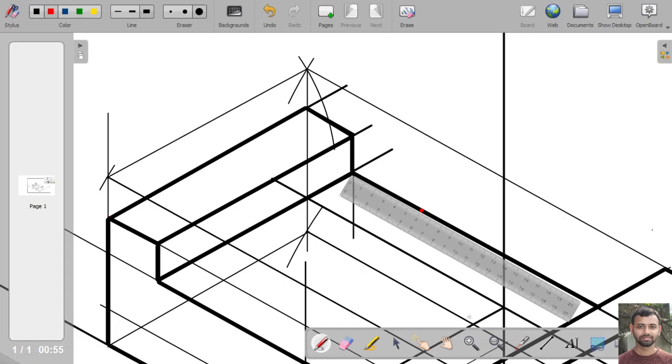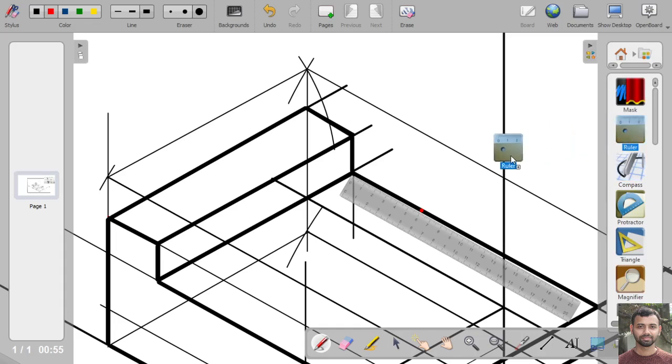So from this point, it will be at a distance of 90 mm. So if we draw a line,